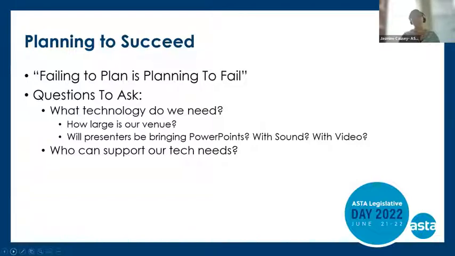I'll get a little bit more into suppliers and their PowerPoints and some best tips as to how your chapter can handle that. I would like to state here, though, it is up to you as a chapter if you would like to allow your supplier partners to bring PowerPoints with sound and video, etc. If that is something that you choose to do, you want to make sure you know about that